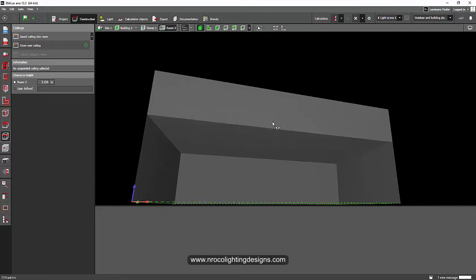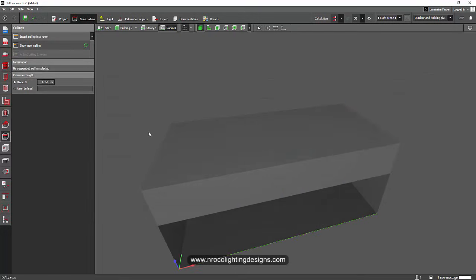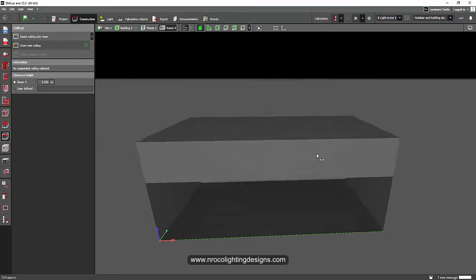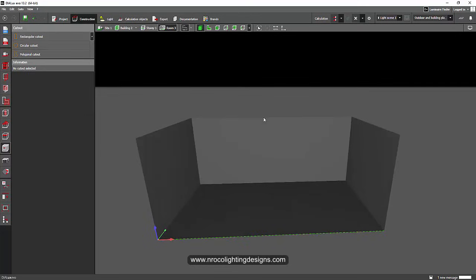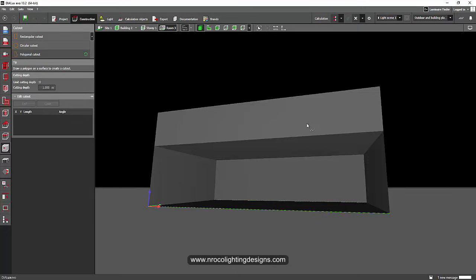So I have two things here. One triangle here, and another room. Then we will cut this one using the cut out tool. Here you cannot cut it from this side. Now you cannot touch it.